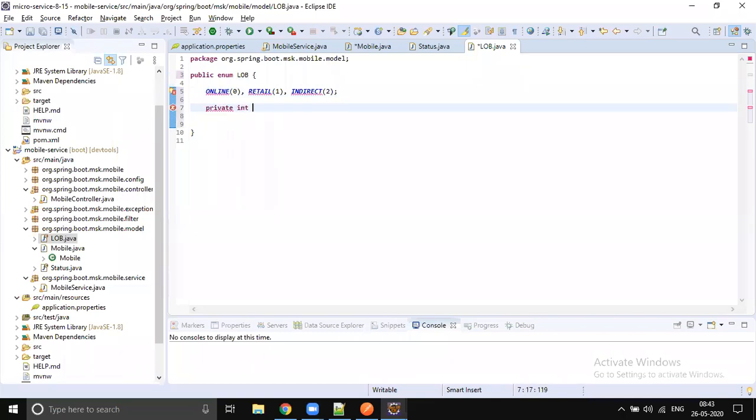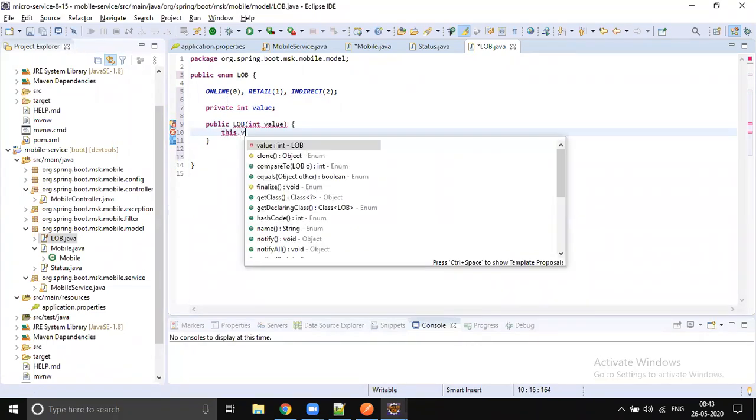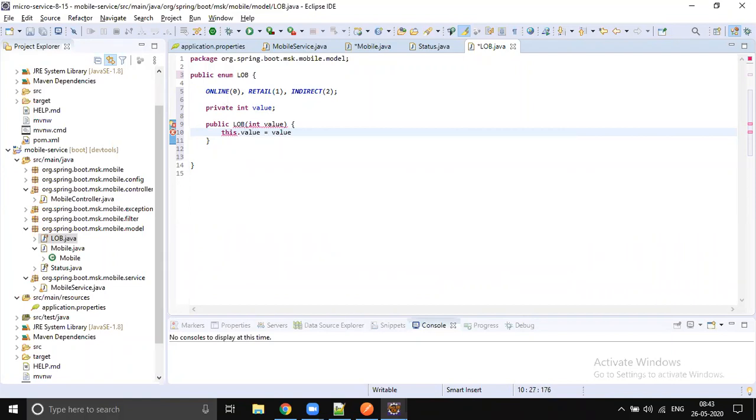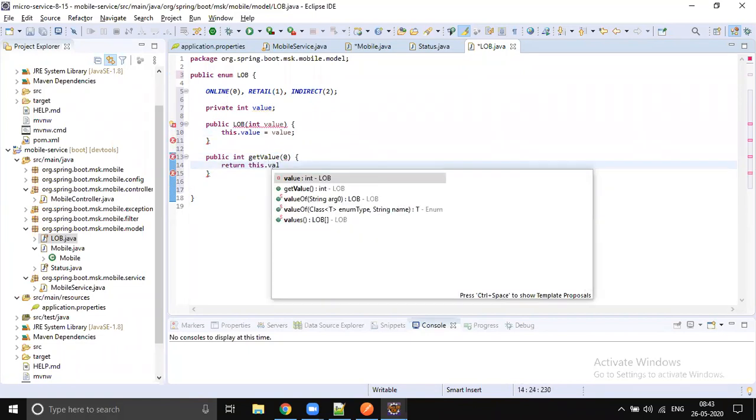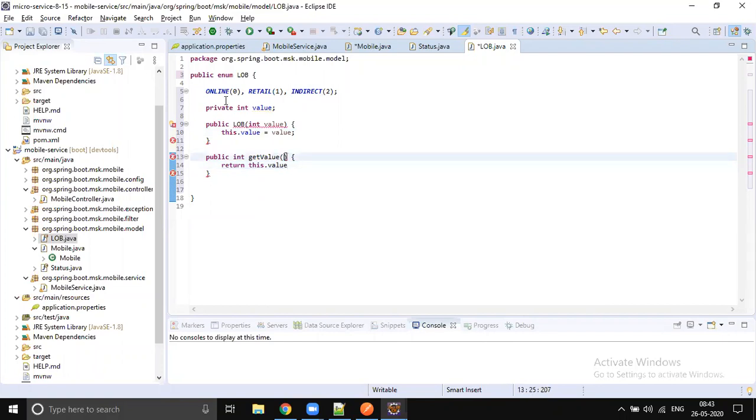So private int value, and write a constructor LOB which takes integer type. Just do this.value equals value, and let's return the value: public int getValue, and just return this.value. Okay, remove this 0.